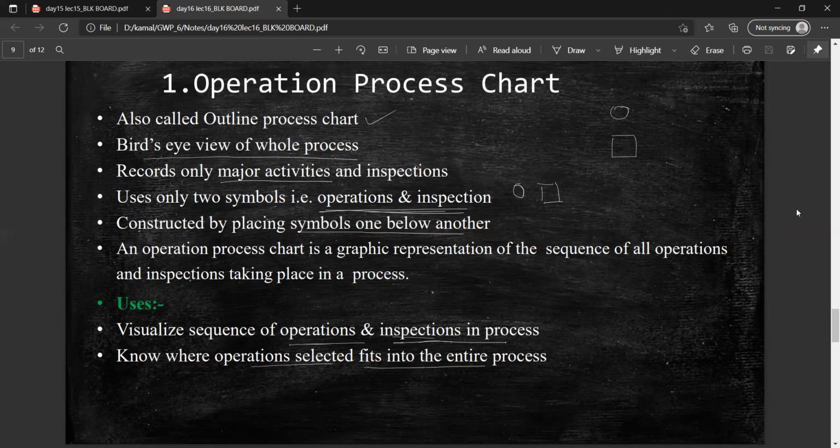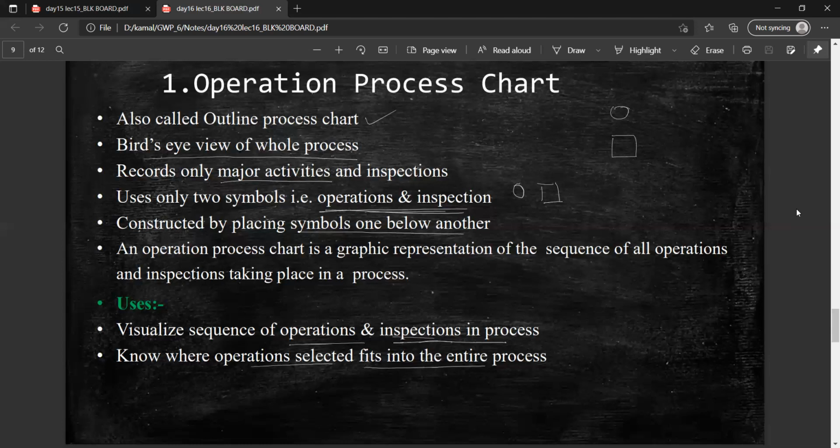In carpentry I just have to record the major process, that is selecting the wood, design of the furniture which is going to be developed from that wood, and next construction of the furniture and moving it to the customer. So this is the reliability of the furniture. This basically consists of operations and inspection. No other intermediate steps will be there.